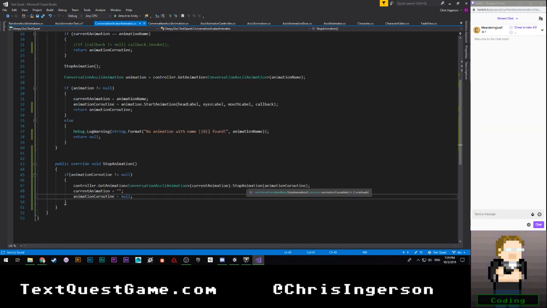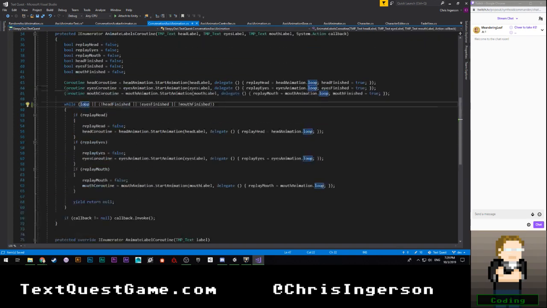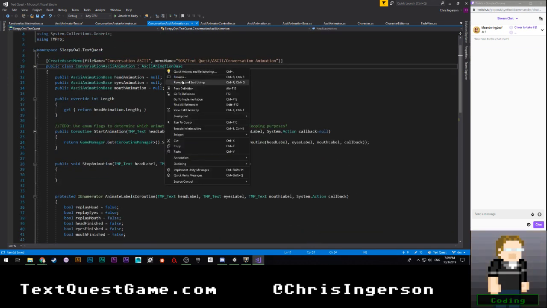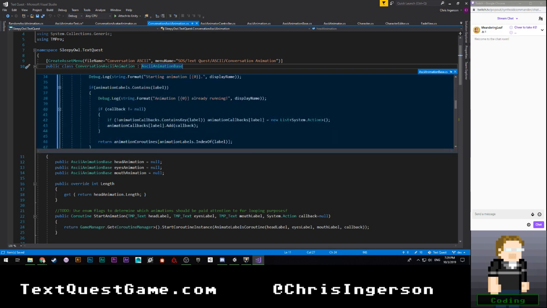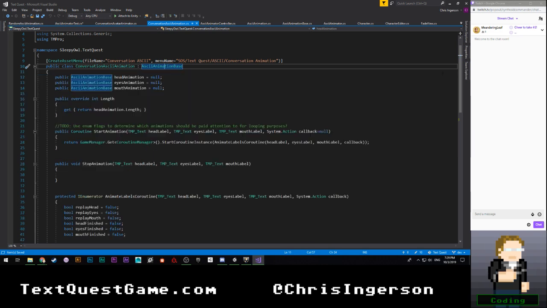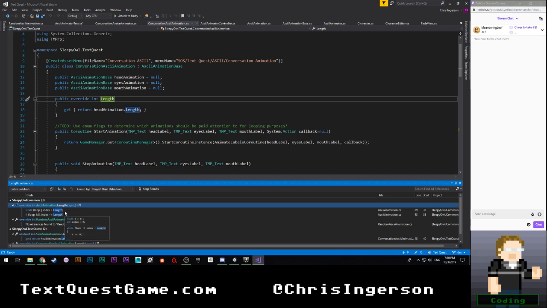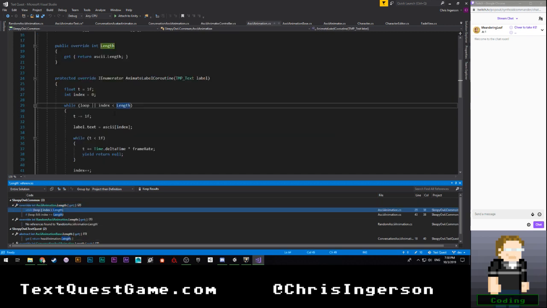Stop animation. Yeah, you should work. And this, I believe, do I have a stop animation? I have not set this up yet, which means that it's going to default to this. And that's not quite what we want to do. Also, for this, I'm pretty sure we're not actually using this anywhere.